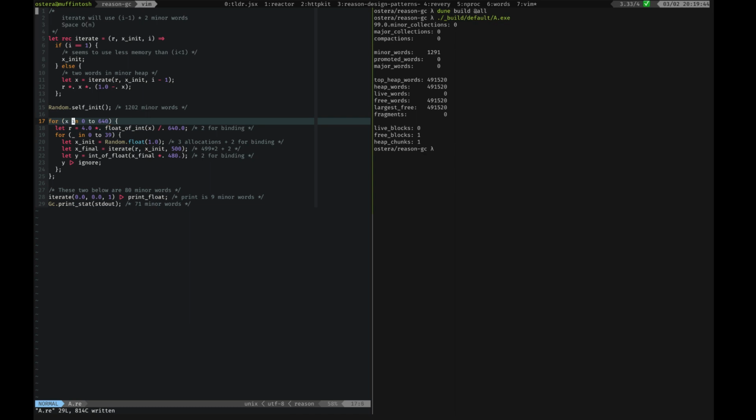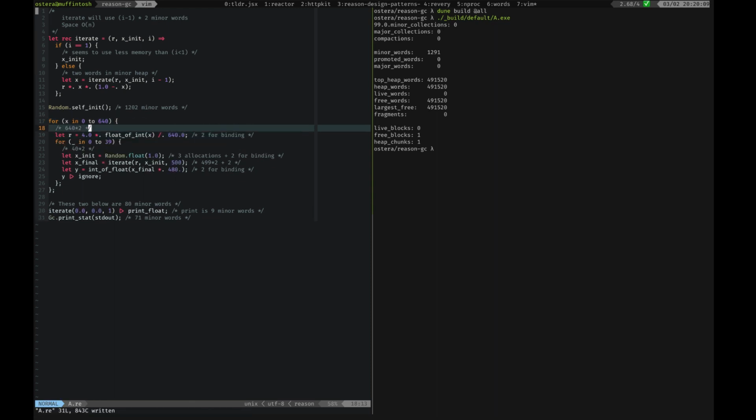So I expect this, right? Alright, so this one is 640 by 2 for all the bindings, and this one should not be allocated, but it might be that it's actually running the 40 by 2. So roughly, this code of this work over here, right, should be